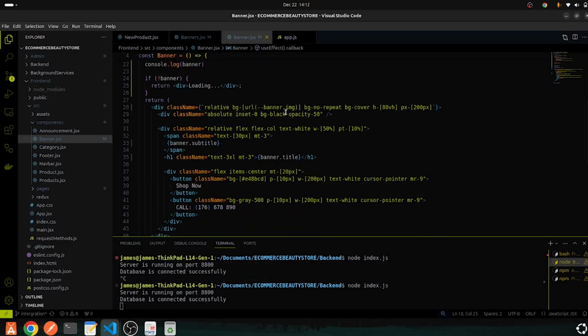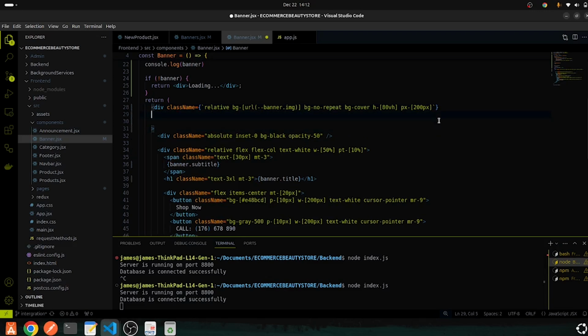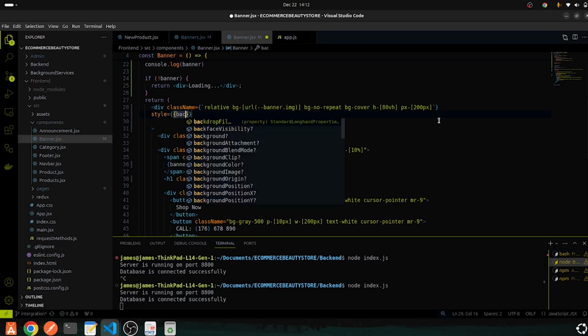So we have our banner.image, and then here for our backend, I can see we have our class name here, we have our relative, we have our background here, we have our URL, and then here we pass in the banner.image. And so the other thing that I forgot to do here is that I need to add a style. So let me do that. So here I'm going to add a style, and here we have a style. We are going to get background image. So background image,